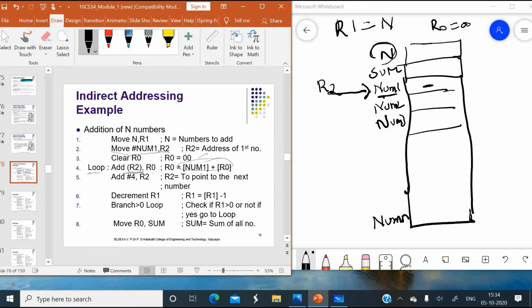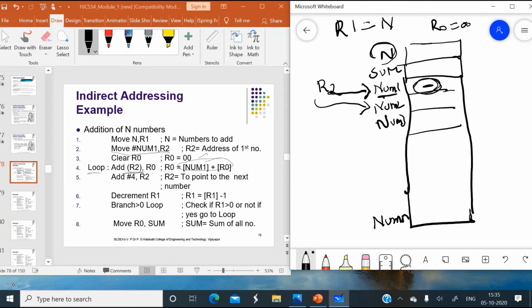Right. Now R0 will contain the content of num1 plus the content of R0. Now after performing addition, I have to move this pointer to point to the next location, that is, it has to point to num2.